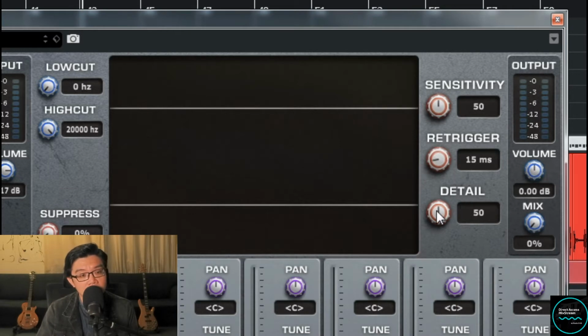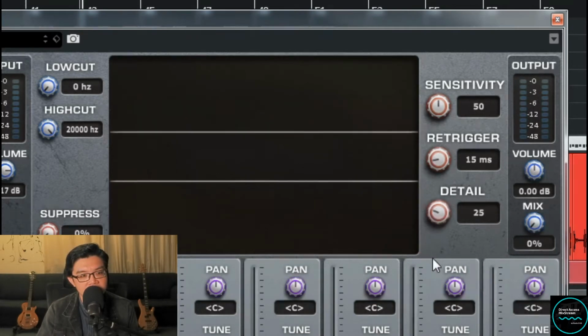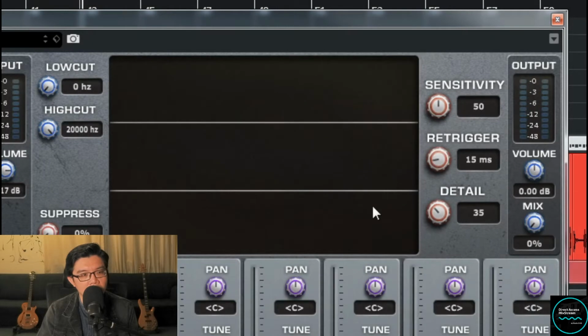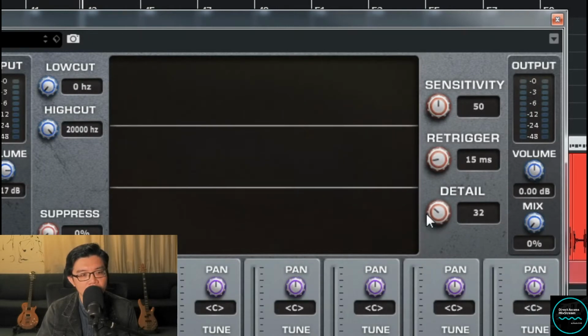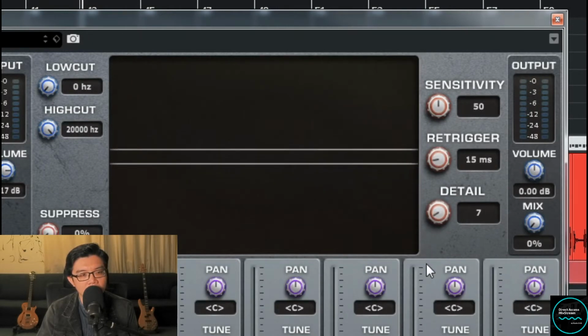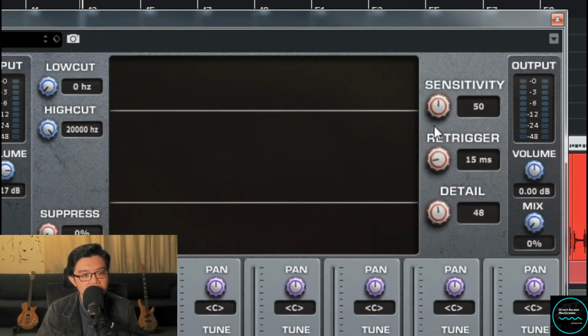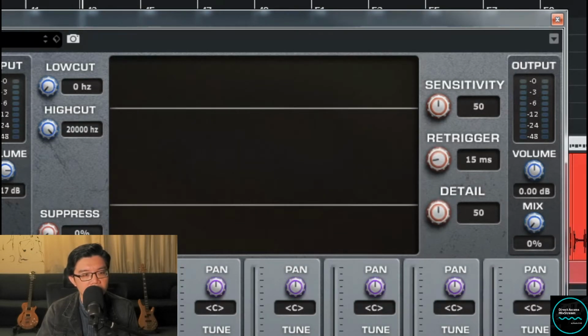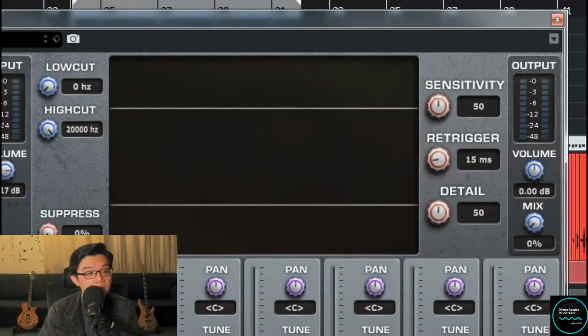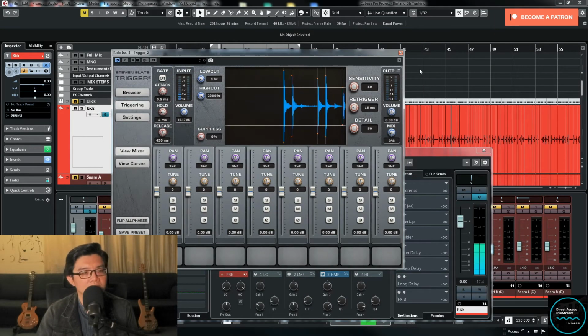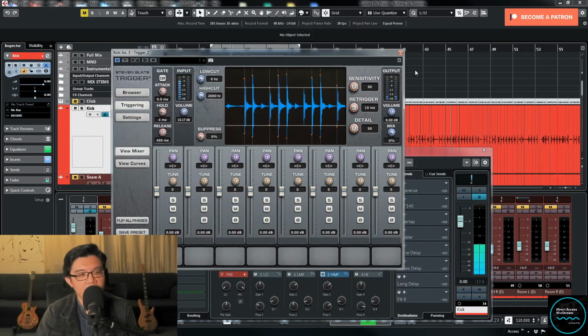As you can take a look, if I adjust the detail, you can see the threshold markers over here will show you. So the lower the detail, the more sensitive, the lower the threshold to the incoming signal that's going to trigger. So let's start somewhere in the middle, at 50, and let's play the audio. Okay,